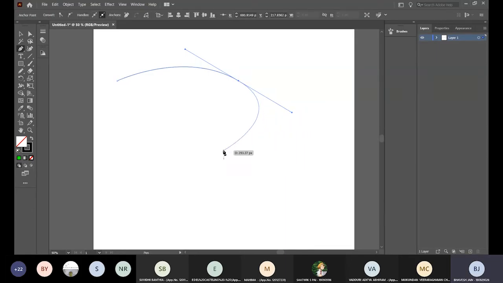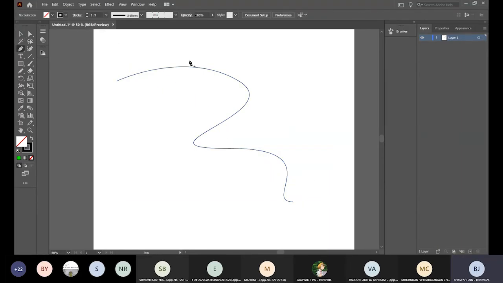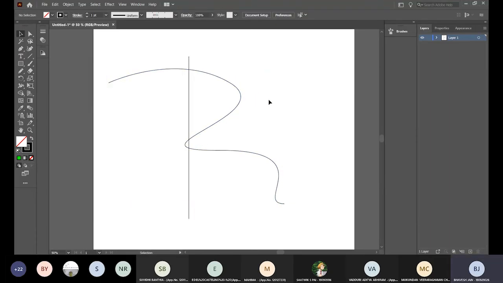And similarly, I can make it curved even further. I can even change the direction of the curve with this and something like this. Again, if you hold down Shift, your handles will be at intervals of 45 degrees this time. And now if I draw another straight line, oh, I'm sorry, I shouldn't have dragged it. There you go. A cute little R-like thing is ready. Yep, now it's better.